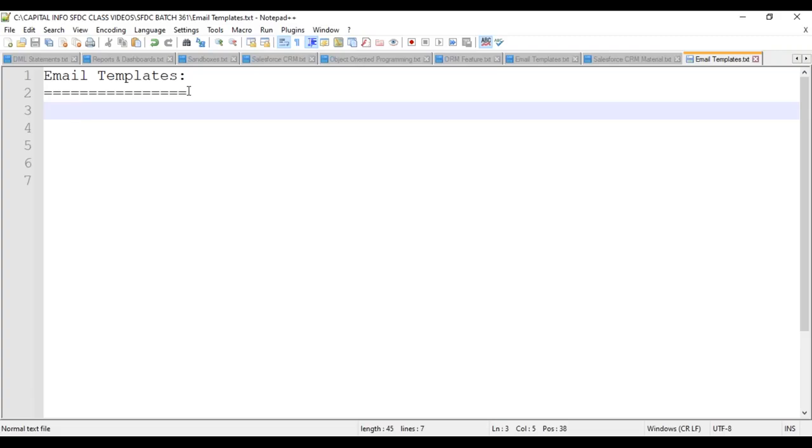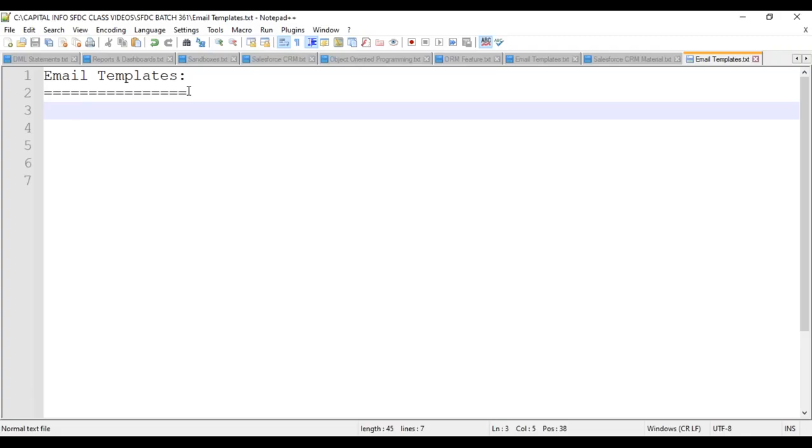Why should we go for email templates in Salesforce, and how to prepare our own email templates? Upon creating the email template, what are the various template types that we have in Salesforce? And how to make our email subject and content static, and how to make the email subject and content dynamic by using merge fields, and how can we use the merge fields to make the content dynamic,